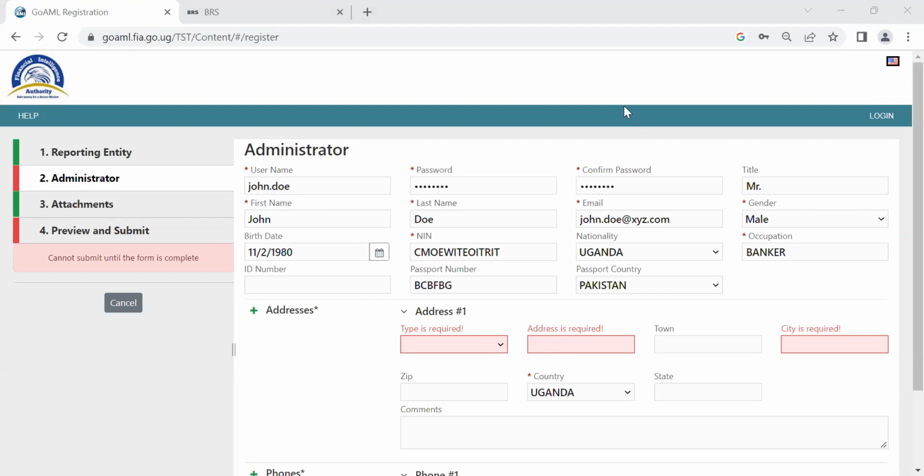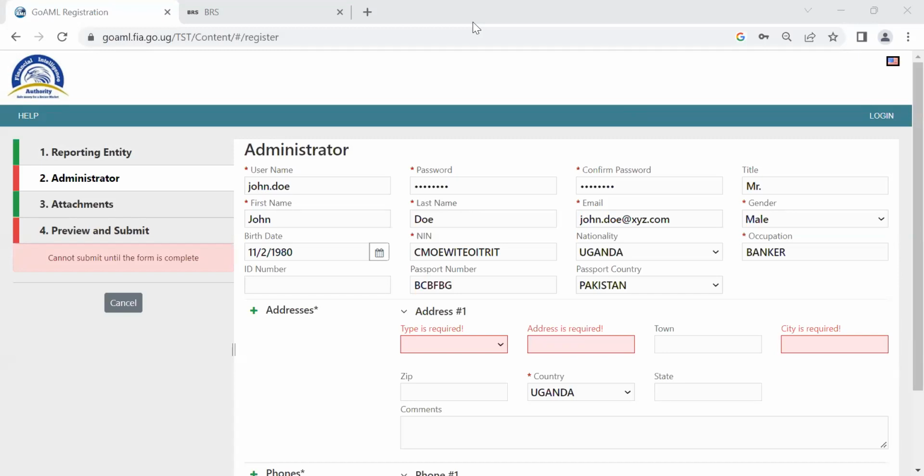Should the email addresses differ from the first email provided under administrator? Yes, emails are going to be unique. You can't have two people registering with the same email, okay? The company email and the administrator email can be the same, but going forward, the emails for other people who will be registering cannot be the same. It has to be unique. We'll see why as we go ahead, but it's for security reasons because we verify when you're logging in. We send a verification code, so the emails have to be different.